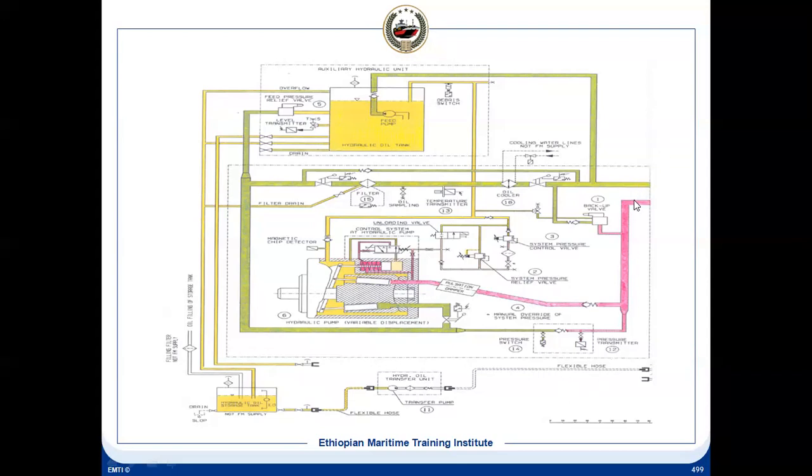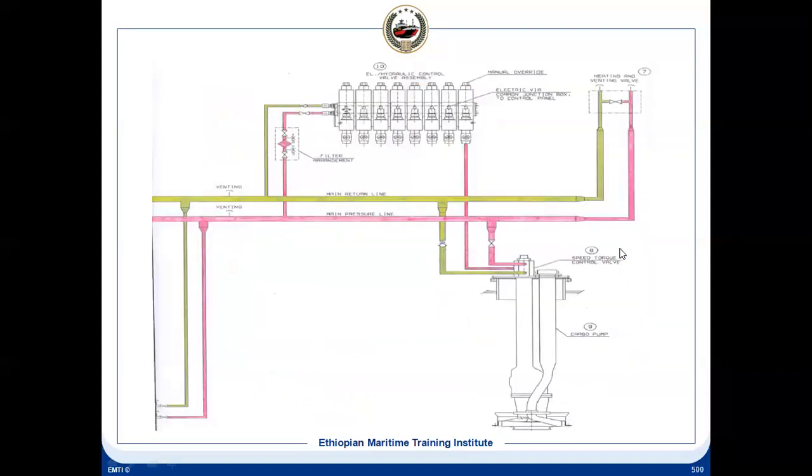So then these two lines, where do they go? They go to different consumers. So one of the consumers is shown. It is coming to drive a hydraulically driven centrifugal pump, and this is the pressure line and the return line. And strategically there will be vents provided, and there is a control valve here.